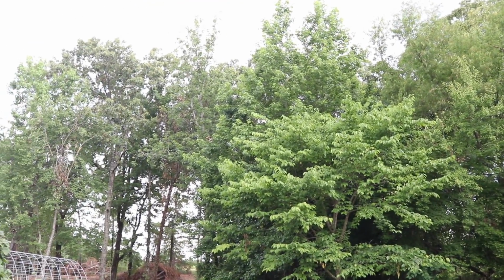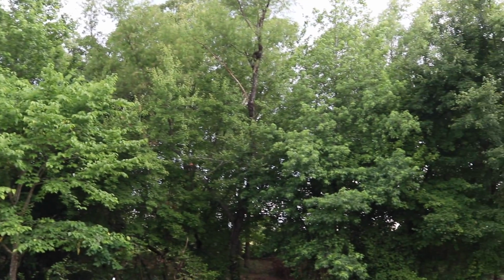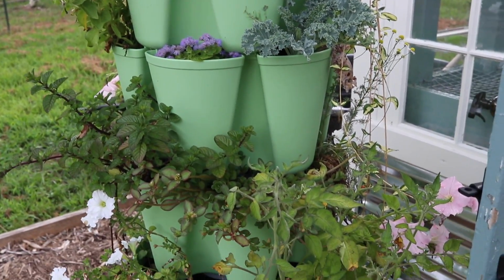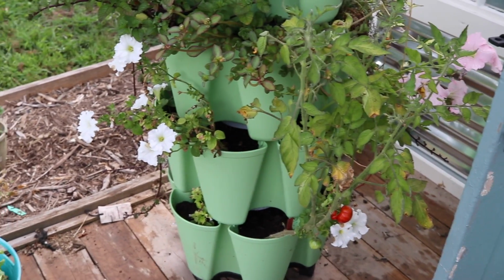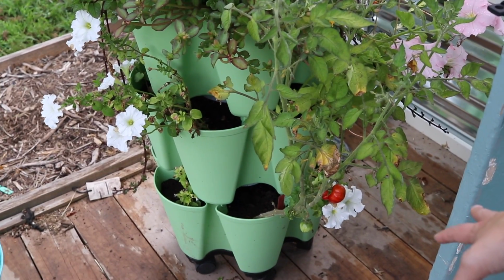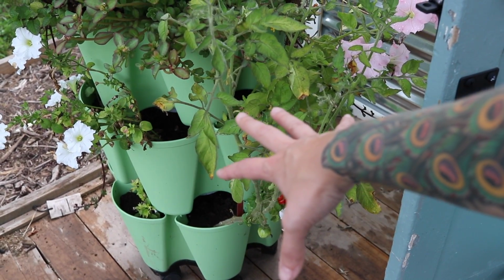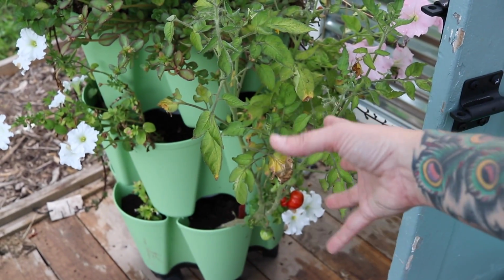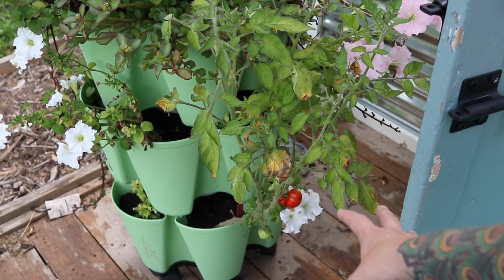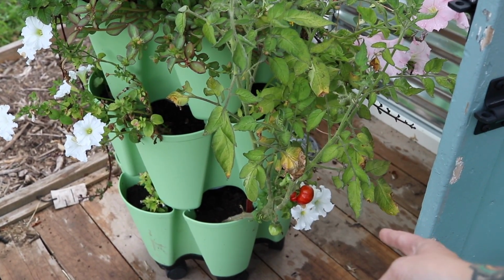Okay, so it keeps sprinkling, so I ran over here to the greenhouse. I wanted to show you something over here we can duck in if it starts to come down again. Here in one of my green stalks, down at the bottom, I had put in a painted lady tomato. Now I have done nothing to care for this thing other than maybe pruning off a couple of branches here and there. It hasn't gotten any of the protective sprays, the peroxide sprays or soapy water or anything like that. So it's looking kind of rough, but